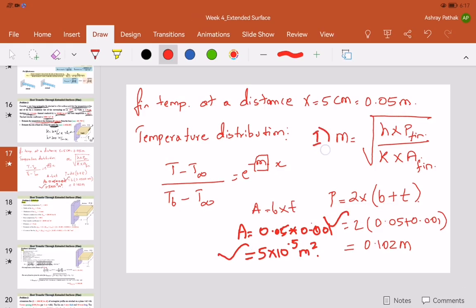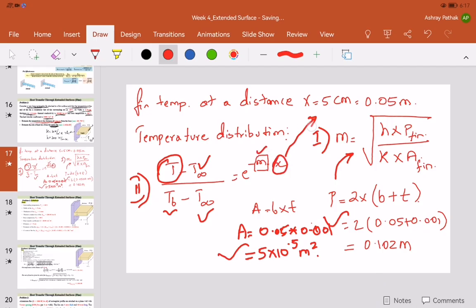Step 1 is to calculate the value of m. Step 2 is to calculate the value of T, because I know T infinity, T base, the value of m, and x, that is 5 centimeter. If you plug in all the numbers, you get a T value of about 29.79 degrees centigrade. That's how we calculate T. To put it in order,